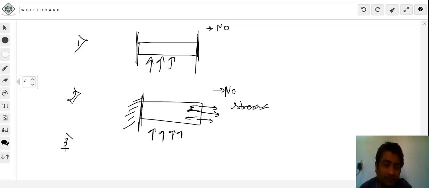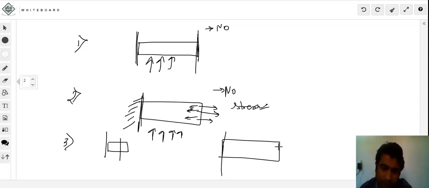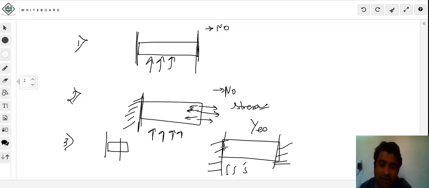Third question: if you block it from both directions, fixed in this way, and then you apply heat, will there be stress? Then your answer will be yes. Why? Because it can neither expand from this side nor from this side. Okay, so this was the question that was sent to us on WhatsApp. Now let us continue with our